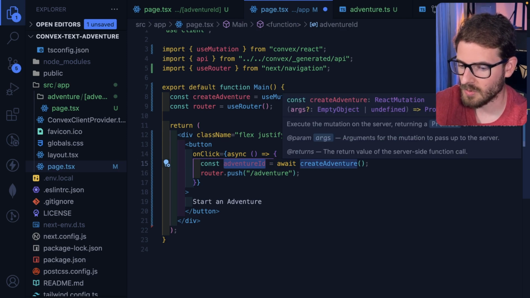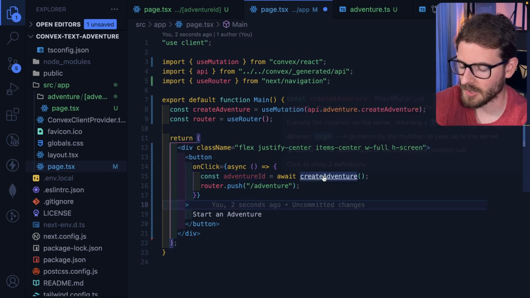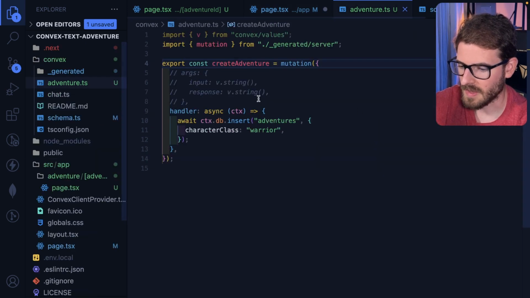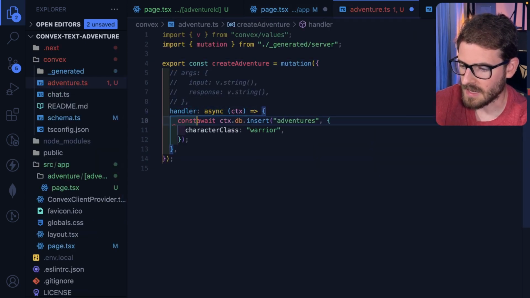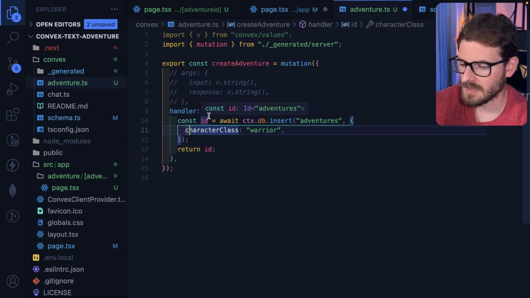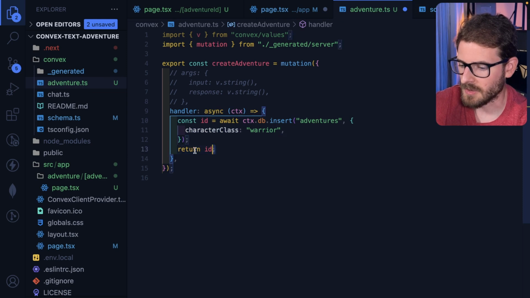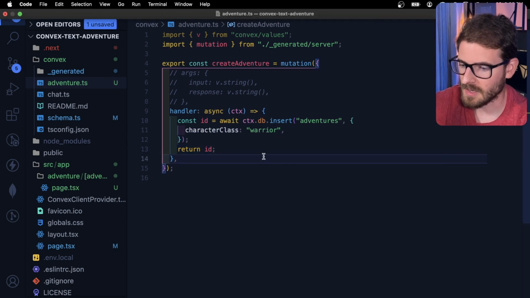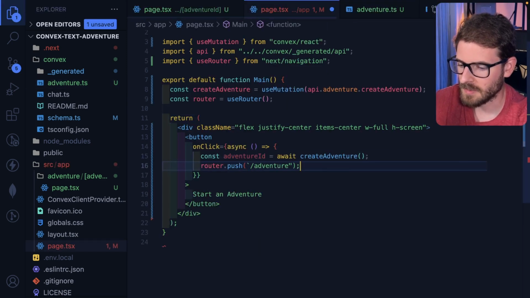It returns null. So we want to go into this function, click that, and make sure that we get an ID here, and we're going to return that ID, right? If you hover over this, it says this is an ID of adventures, and we can return that to the front end, and now the front end is going to have that, and we can simply push that like this